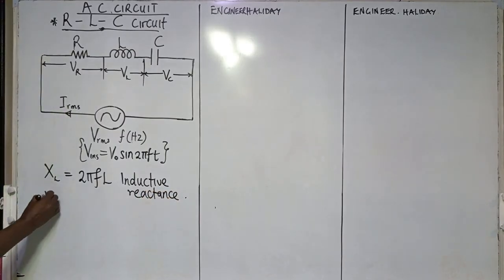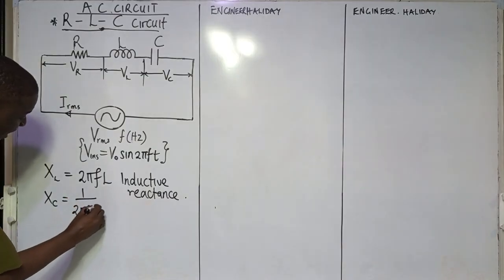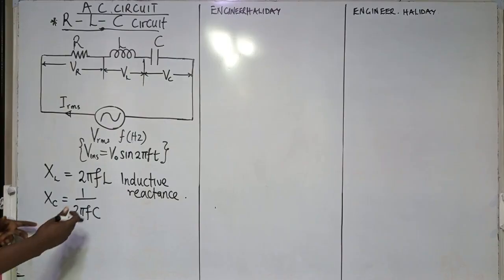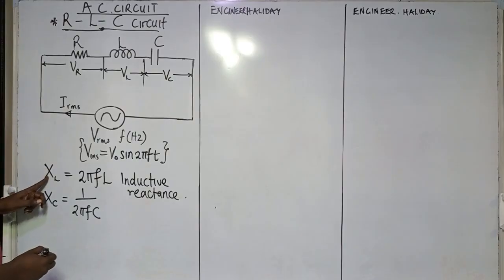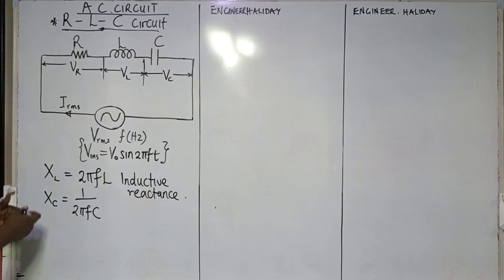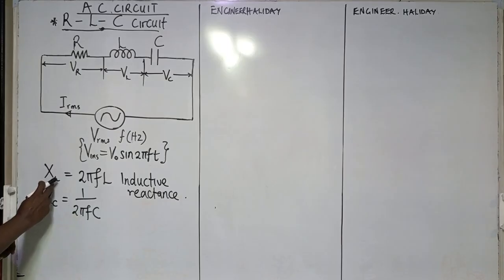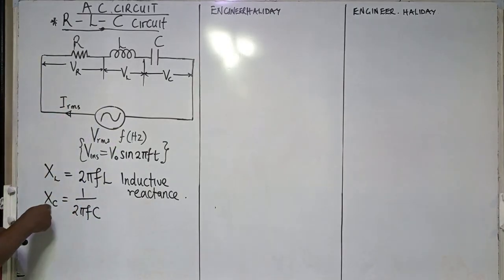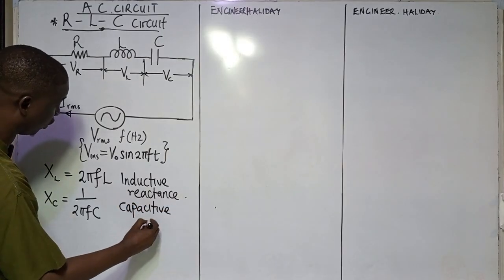Now we have one called XC, which we also talked about in our previous classes, which is 1 over 2 pi FC, where C is the capacitance of the capacitor. The capacitance is constant, just like the inductance is also constant. What changes is the reactance, and the frequency of the AC can change. That's why when you plot the graph of frequency against inductive reactance, you are going to have a straight line. Then for capacitive reactance, also measured in ohms,